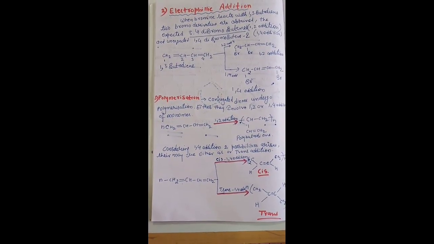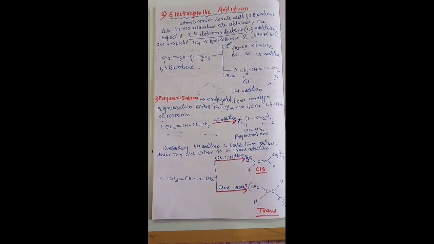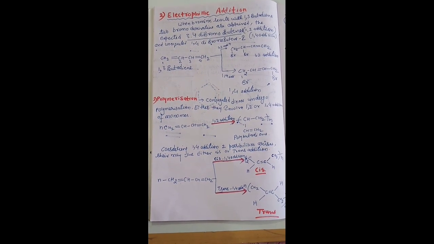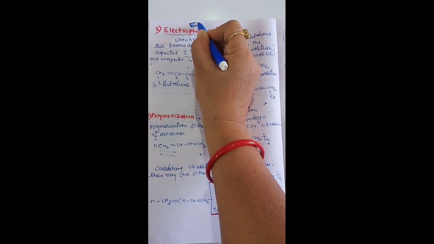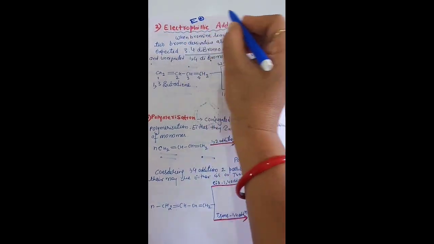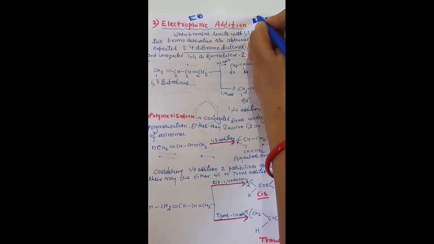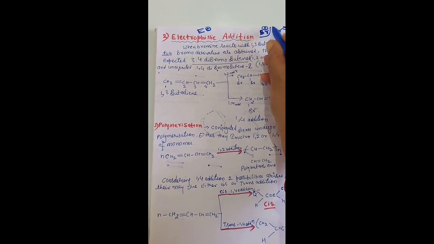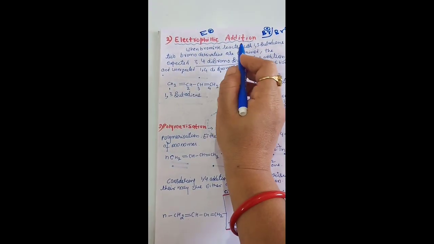Now the second important chemical reaction of the conjugated dienes: the electrophilic addition reactions. So we all know what electrophiles are, those which are electron loving are termed electrophiles. If we take for example Br2, one will have the positive charge and one will have the negative charge. So we can consider the species having the positive charge as electron loving. So the electrophilic additions.